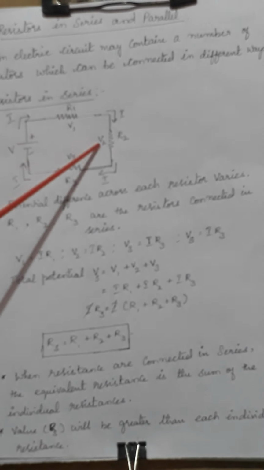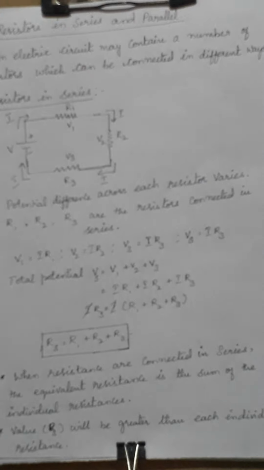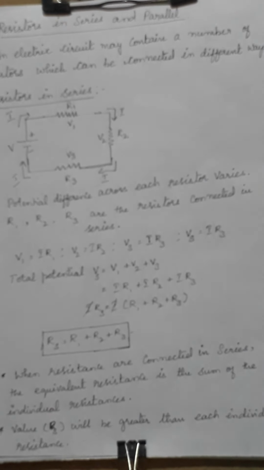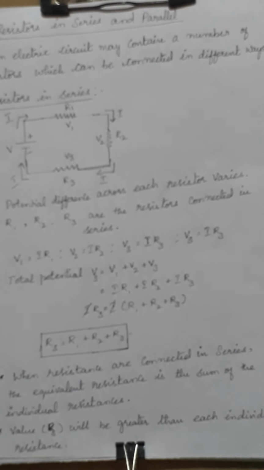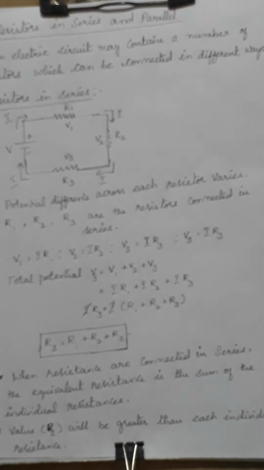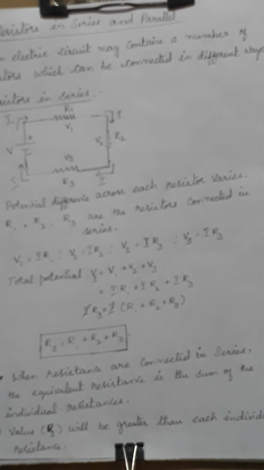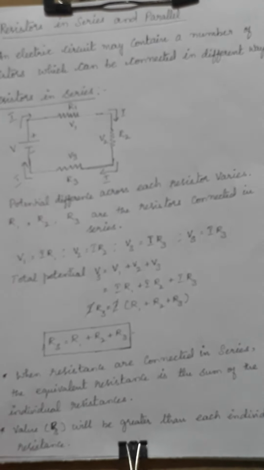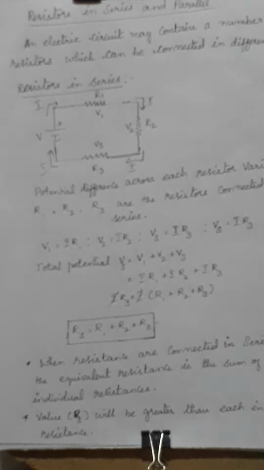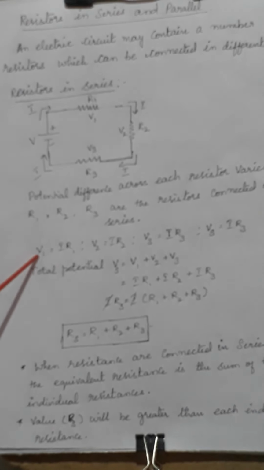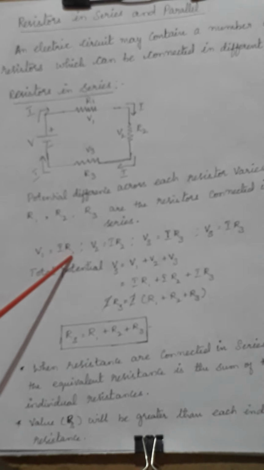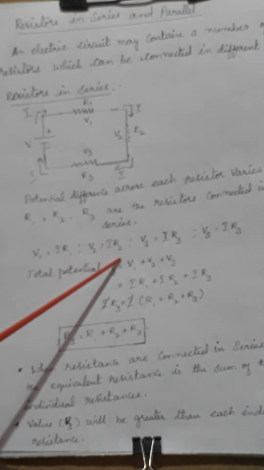Let V1, V2 and V3 be the potential differences across the resistors, which will vary because V is equal to IR. So when R changes, either current or potential should change. Here current is going to be the same, so naturally the potential would have changed. So from Ohm's law I can write V1 is equal to IR1, V2 is equal to IR2, V3